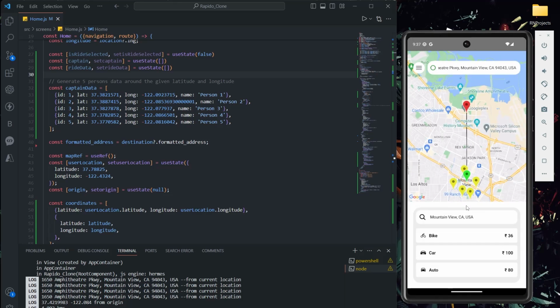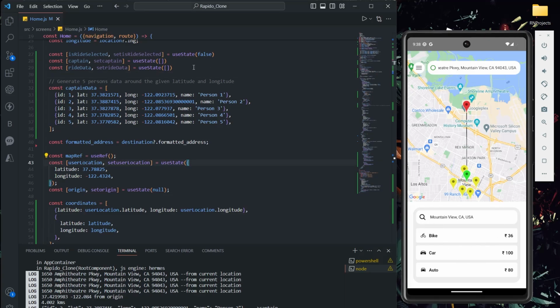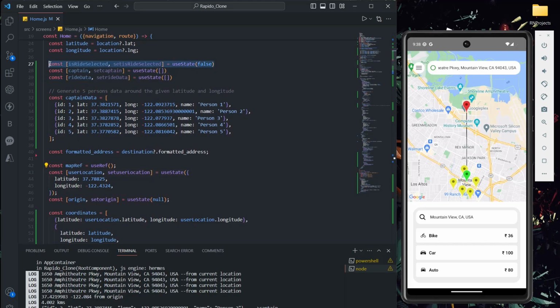See, assume that if I selected this, right now I don't want to show this UI, right? Again I don't want to show this. Instead of this bike, car, auto, I have to show the user that he selected an option and all these details. So for this reason I'm going to toggle that, like render the UI based on this option. Once he clicks on this, I'm going to make it true. If right is selected, it means I'm not going to show this UI. That's the thing. For this reason I took this useState. Okay, perfect.